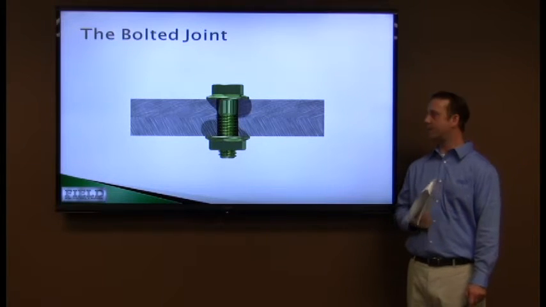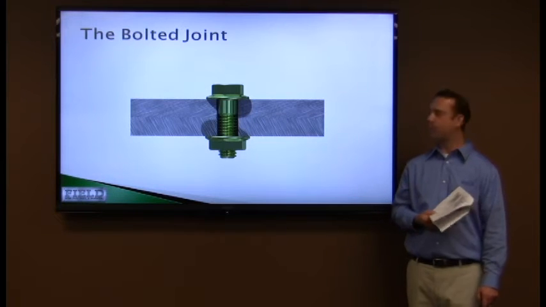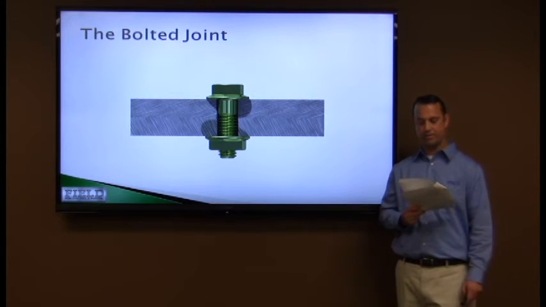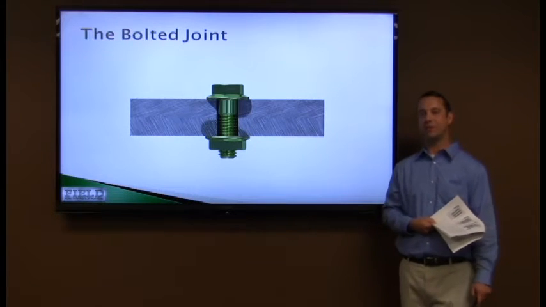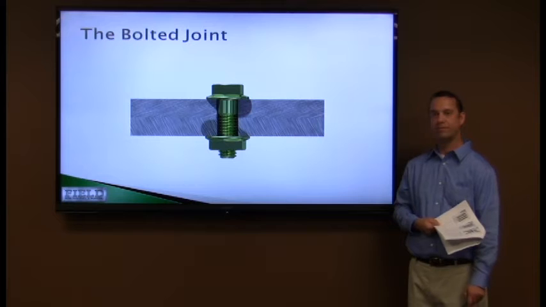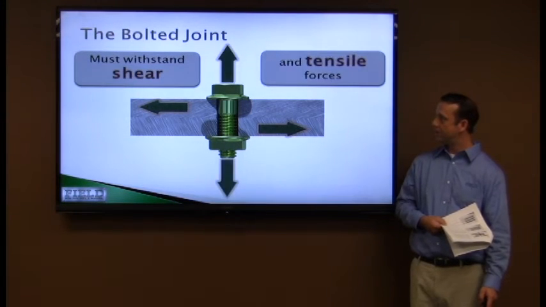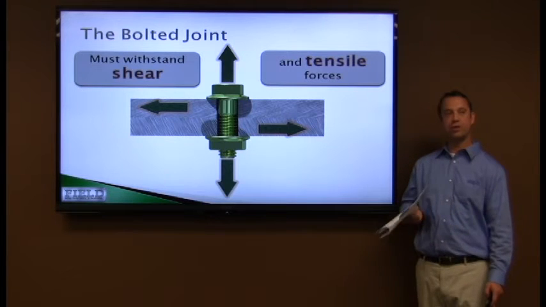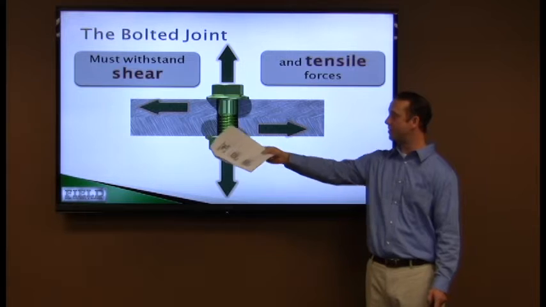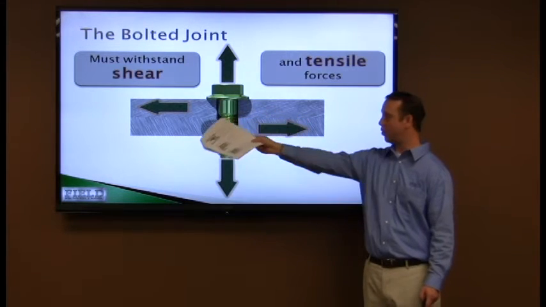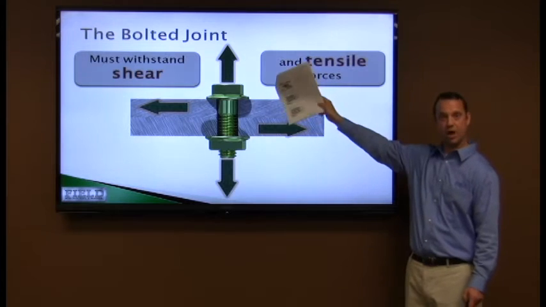If you've got a bolted joint in service holding onto a bridge or holding a car frame together or something like that, what forces would you see acting on that joint? How about what direction would you see the forces? Well, there'd be this way and this way. Exactly, correct. Shear. The joint's got to withstand, generally, the two main forces: your shear forces, which, like Brendan mentioned, go left to right, and your tensile forces, which are up and down in this direction